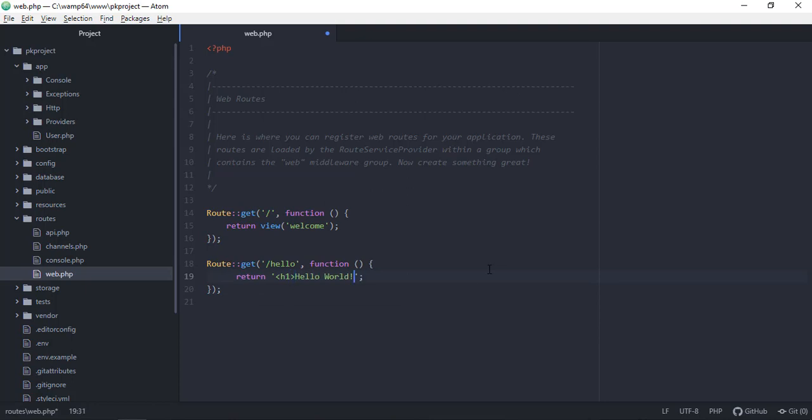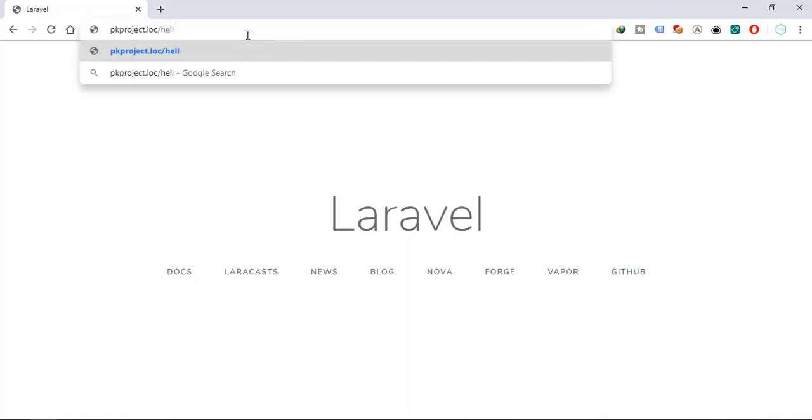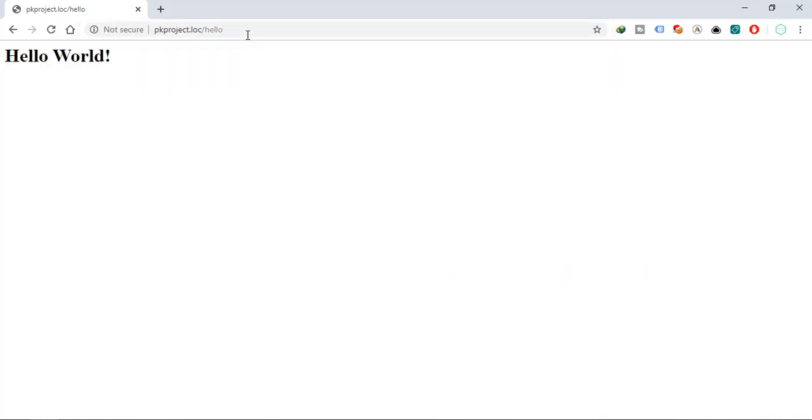So just like that, and then save, and let's go back to our browser and refresh. So pkproject.loc, this will be the home page, right? And if we try to add hello here, it will display our updated hello world string,